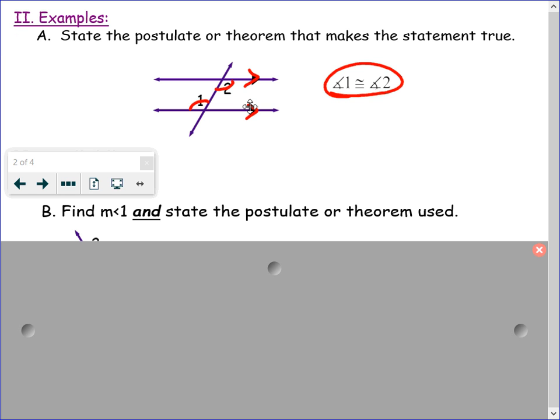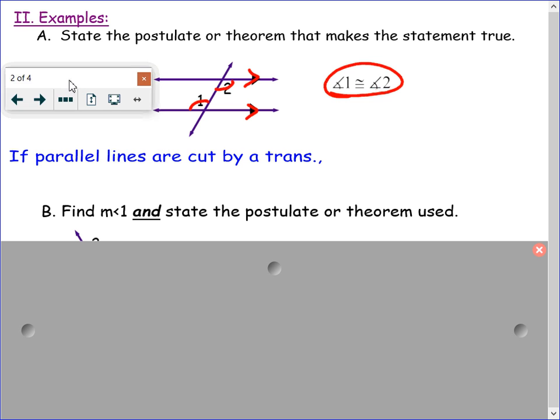So of my four theorems, I need to figure out which one applies. First and foremost, are these alternate interior angles, alternate exterior angles, consecutive interior angles, or corresponding angles? Correct, they are alternate interior angles. So which postulate or theorem talks about alternate interior angles? It is the one that says,